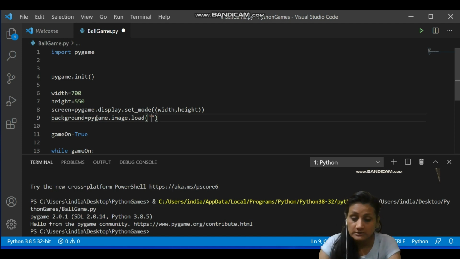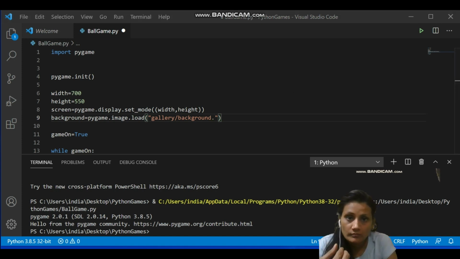As I told you, we created a gallery. Inside the gallery we had this routing. This slash is a root, meaning go to gallery, then go to background image. There, if you remember, we had this background. Now the extension of the background is very important. You must know the extension of this file. If you don't remember, go and check it first, because there are many extensions. It can be PNG, it can be JPG, JPEG, that way. So the file is PNG.